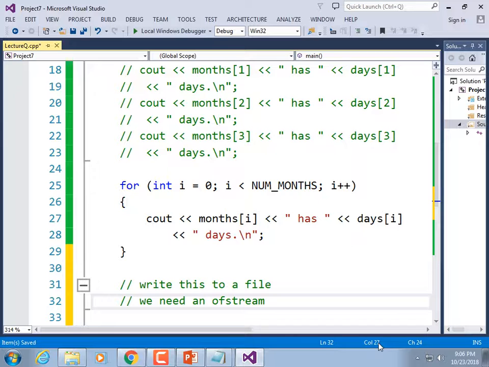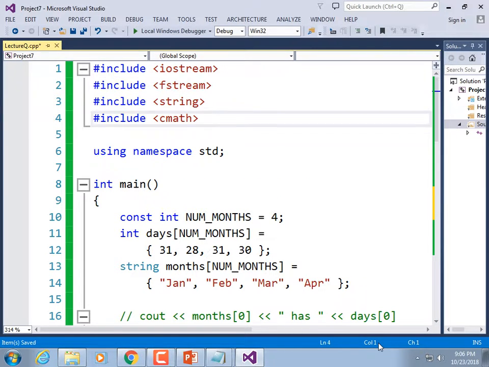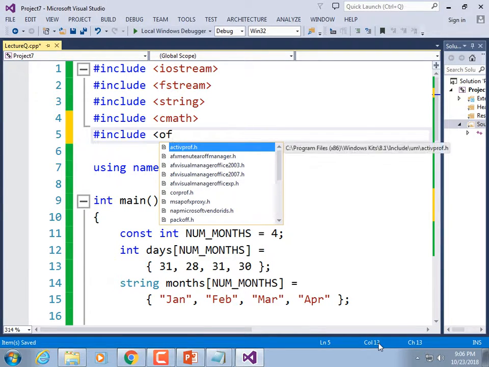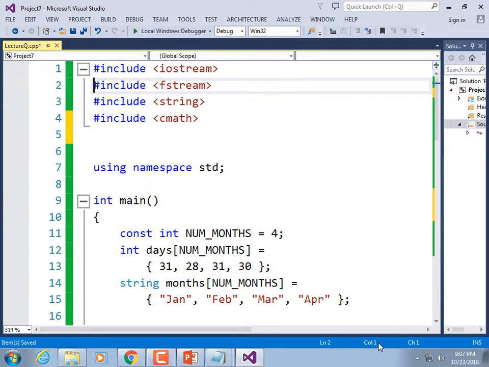So I need to scroll back up to the top and do #include ofstream. Actually, since I have fstream there, I'm not sure I need ofstream. Yeah, we don't. We don't put an include there. We already have fstream here. And I hope I don't have an error on a quiz or something based on that. Okay, so